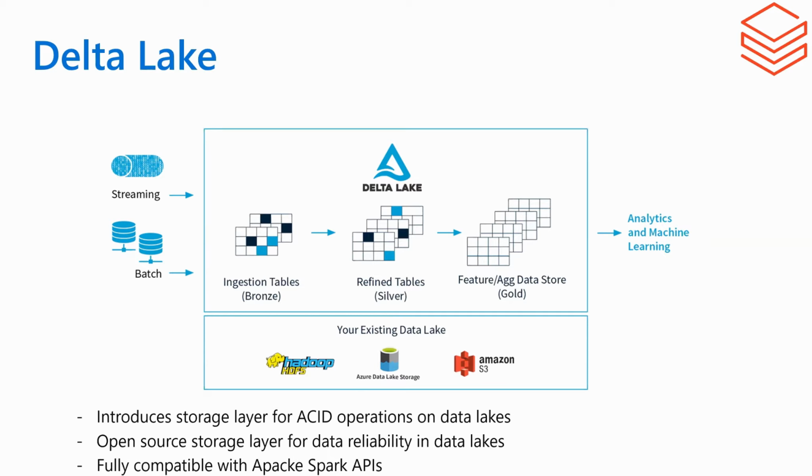hot or cold path, so being streaming or batch, and then you put your data in an ingestion table or zone or raw zone, whatever you want to call it, and then you do something with the data, you aggregate the data, and then you add some additional, let's say, dimension data, information, stuff like that. So all this ETL type of data preparation, data aggregation, and data serving is done using Delta Lake, and it